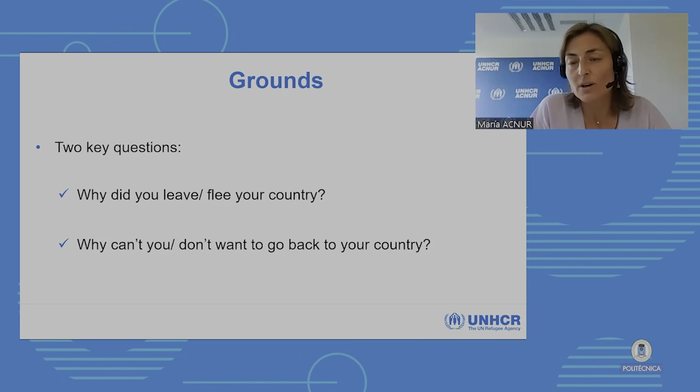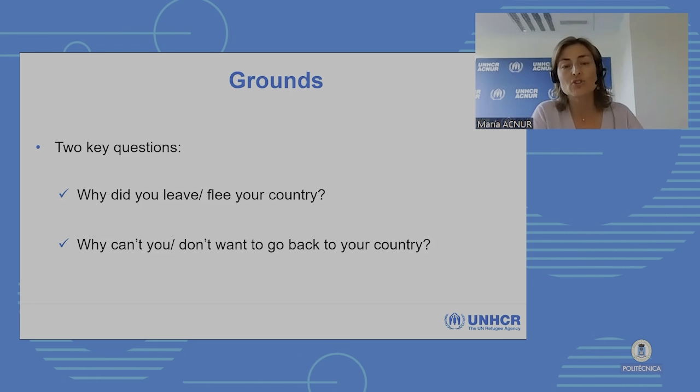Some states are not capable of setting up a proper asylum system to determine if a person is or is not a refugee and to provide the protection that the refugee is entitled to by the international obligations assumed by the states. In these circumstances, it's frequently UNHCR who assumes the refugee status determination, what we call refugee status determination. And that's what we call refugees under UNHCR mandate.